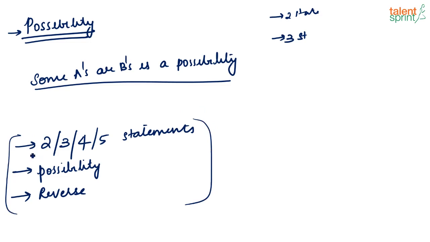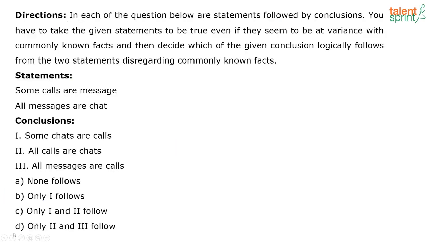First we will discuss the basic type, because this is a very basic type of question that comes, and then we will move on to possibility and then to reverse syllogism. I will explain possibility and reverse syllogism when we actually start solving questions. Let us look at the first question for today's session. If any of you are very new to syllogism and this is your very first session on this topic, then if we solve a few questions, you will understand the other types better as well. Now look at the first question.